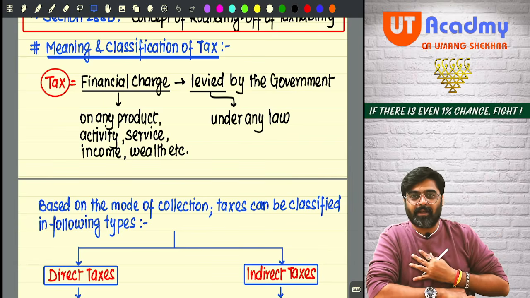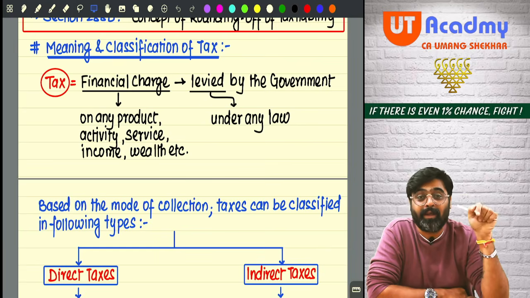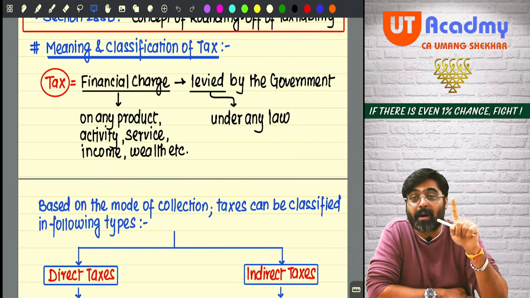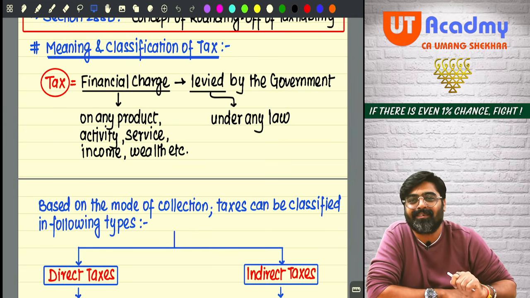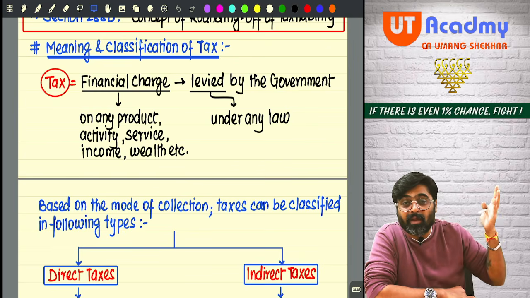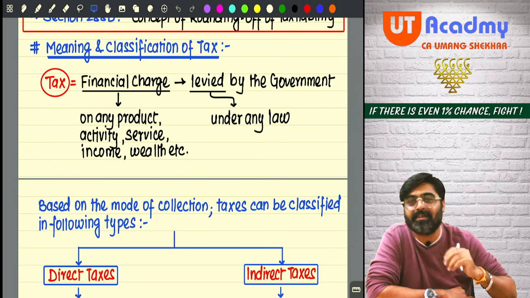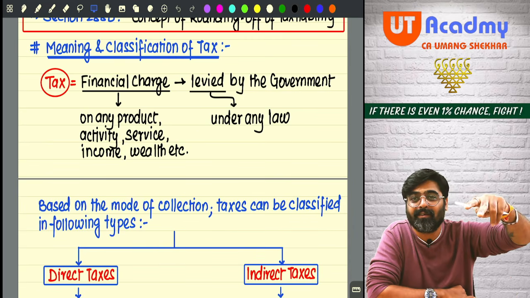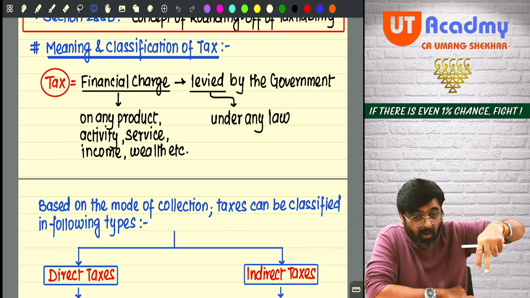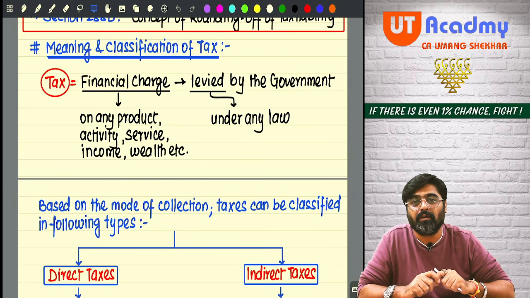You are breathing. Are you paying any tax on this? No. Why? Because there is no law in India which has given the government the power to charge tax on breathing. Hence, you are breathing and you are not paying any tax. Understanding? You are drinking water, and on that water also there is water tax. Just imagine. You are walking on the roads. It does not belong to anyone, but you are walking on the roads. You are driving cars on the roads. On those roads also you are paying tax.